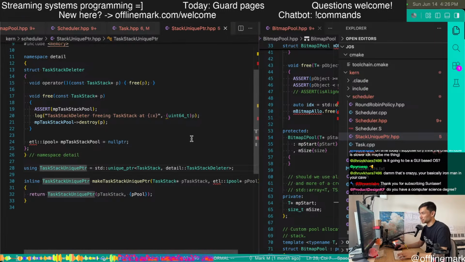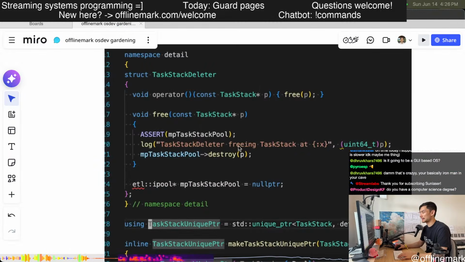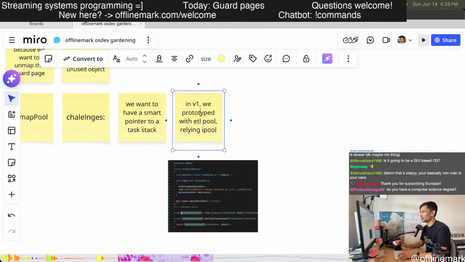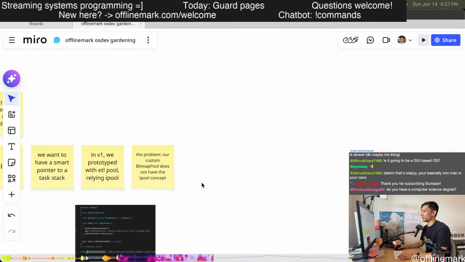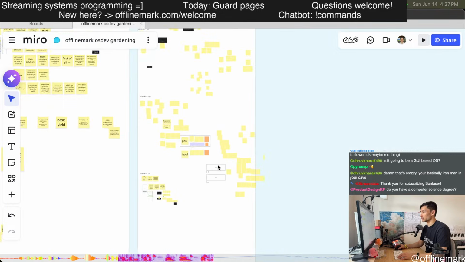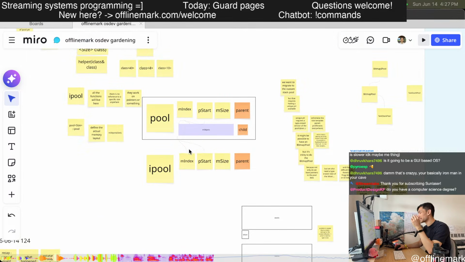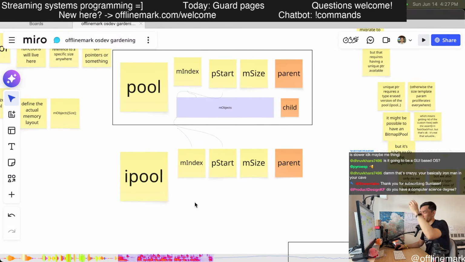The problem is that our custom bitmap pool does not have the iPool concept. And last week we looked into what it would take to implement an equivalent of the iPool for our custom pool.